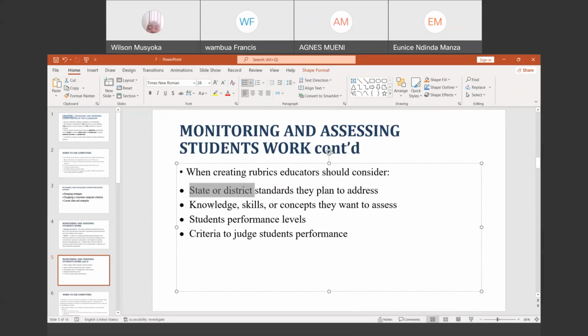Then you also need to determine what are the knowledge, skills, and concepts which you want to assess, which you want to see. Most likely, you do not want to see if a student is able to add two numbers. You want to see if they are able to access that site, be able to open a particular application,